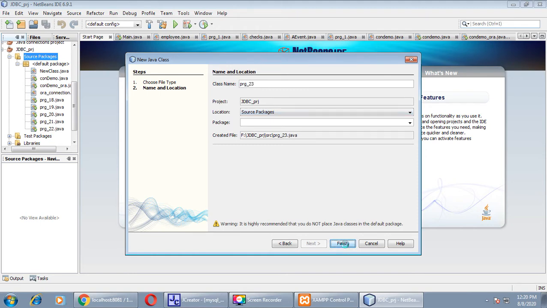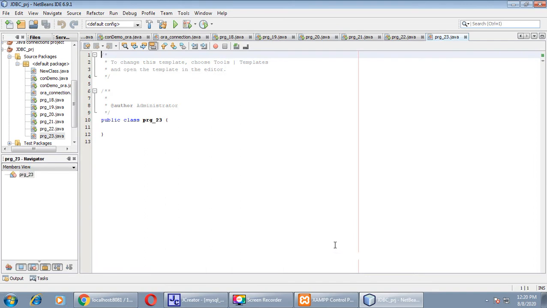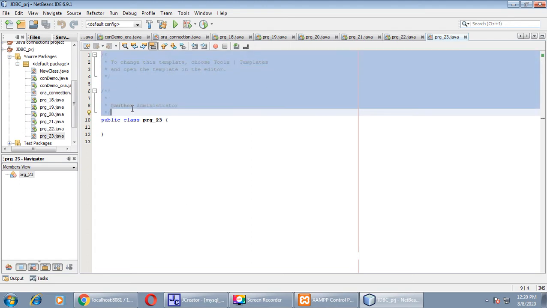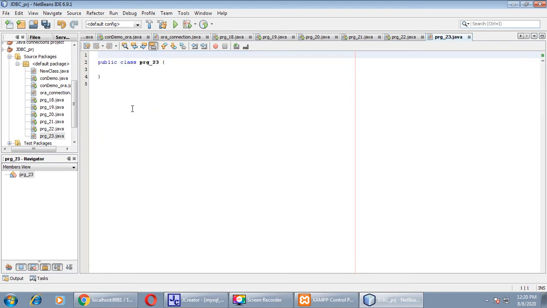And click on finish button. As usual, we need to import a package SQL, as we have done in Access and Oracle database, right? As I told you in the previous session, you must mention the steps which you are doing for the connection with MySQL. You must note down those steps at the beginning of your program in your journals, right? So follow the same for this connectivity also.